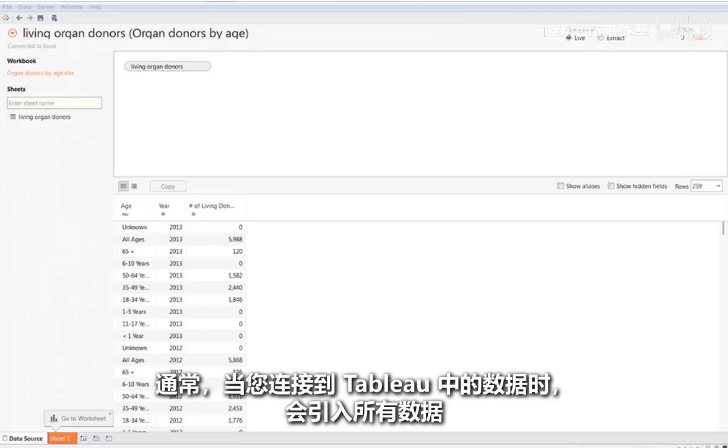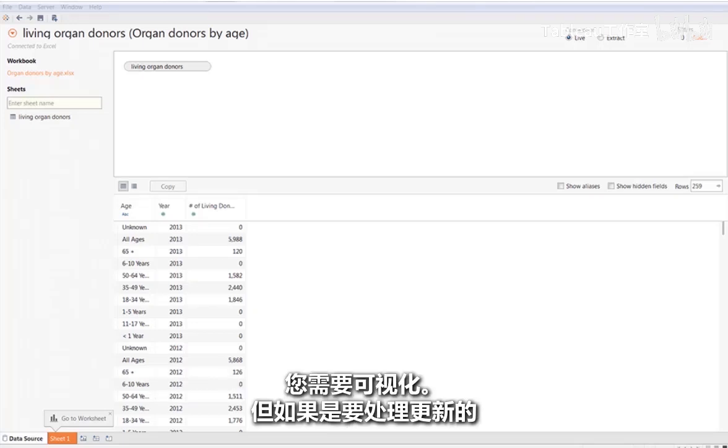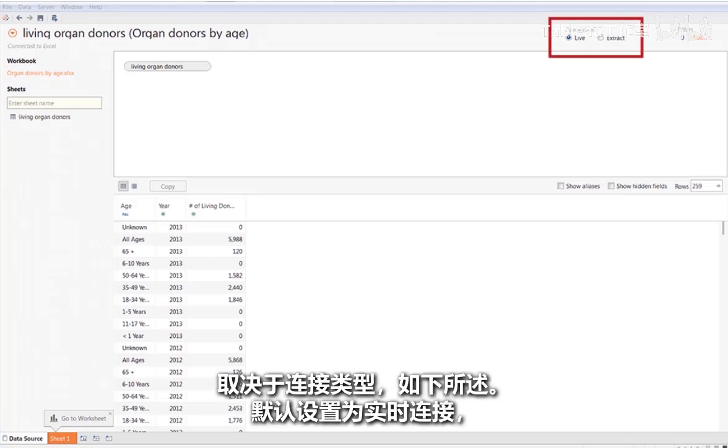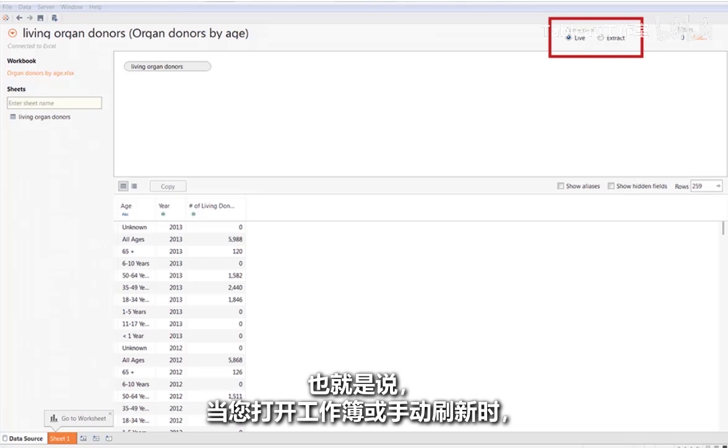Often, when you connect to data in Tableau, you're bringing in all the data you'll need for a viz. But what about when you're working with a data source that gets updated? Tableau can bring in those updates, but the way it does depends on the connection type, which is shown here. The default is for a live connection, which will refresh your data when you open a workbook, or when you